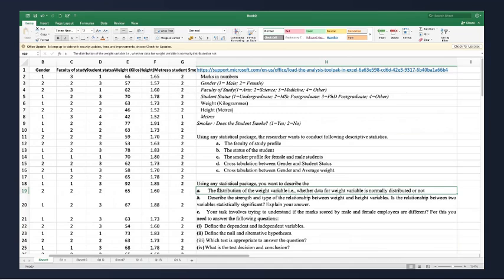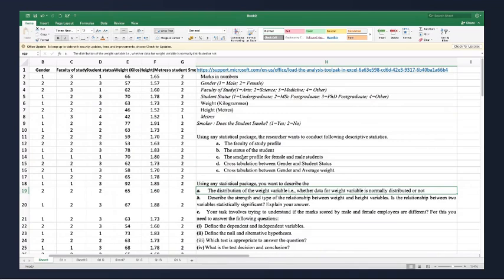Okay, we'll move ahead then. In the statistical package, you have to find out whether my weight variable is normally distributed or not. If you remember kurtosis, skewness, right? I have to take the data and check whether my data is normally distributed or not. So let's do that.